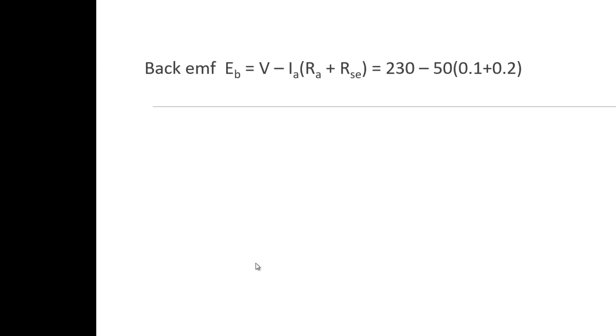And the back EMF formula, according to the circuit, we have already seen that EB is equal to V minus IA into (RA plus RSC). Because IA and RSC both are the same in a series field winding. So substitute in the formula: 230 minus 50, that is IL. So IL will be IA here, and IA will be ISC also because all are in series. So 50 into (0.1 plus 0.2). So that will be 215 volts. So now we got the back EMF